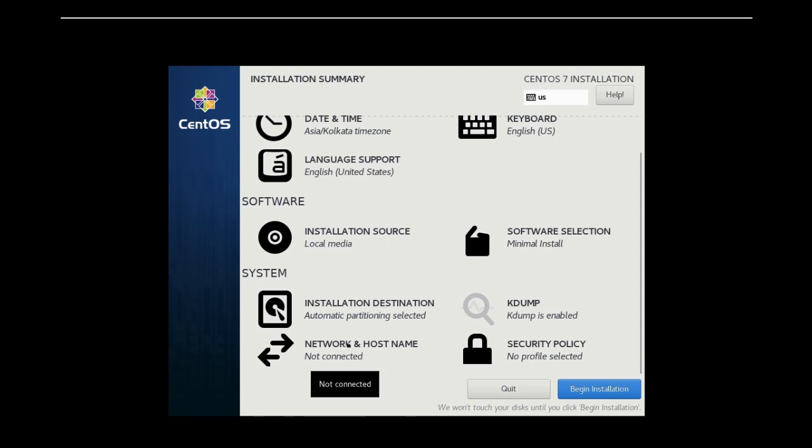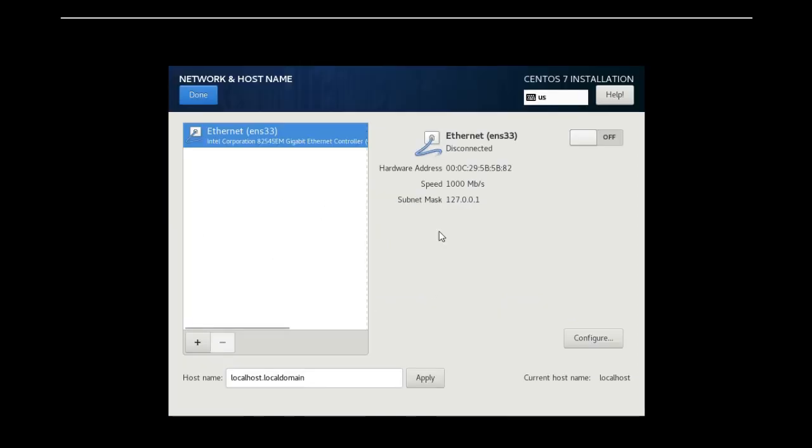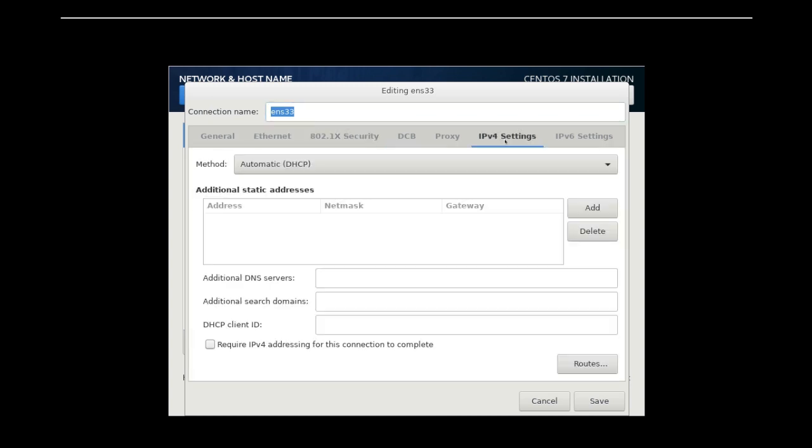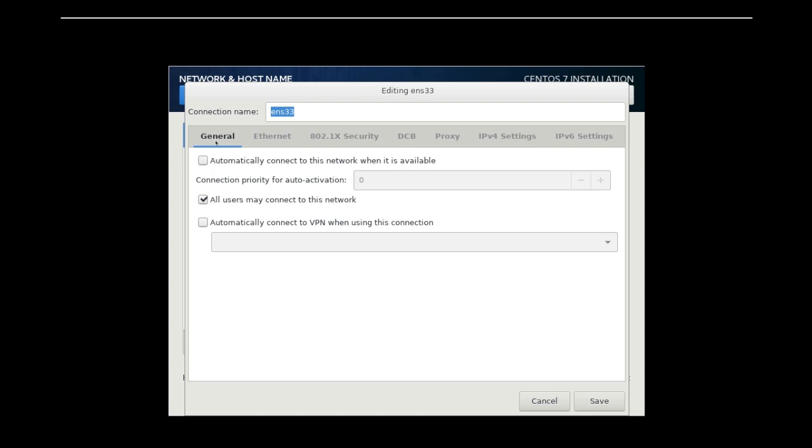In network settings you can connect and configure whether you want to choose DHCP or a static IP address. Let's configure it. When my server boots up, it will automatically connect to the network when it is available.